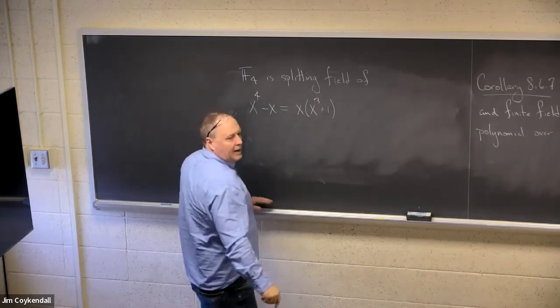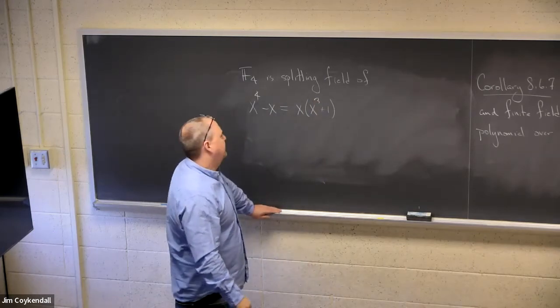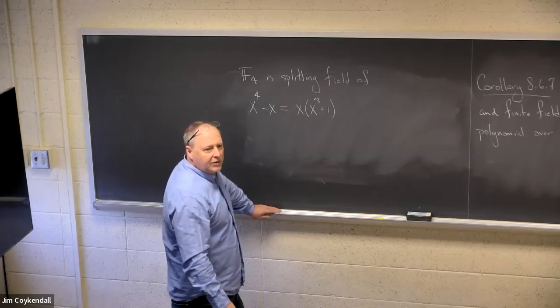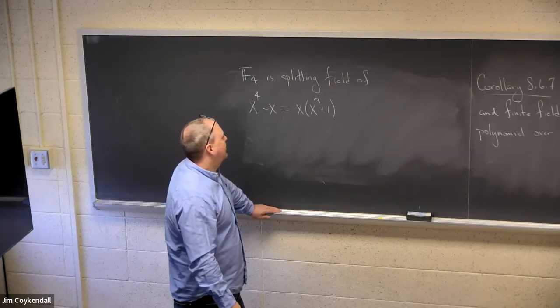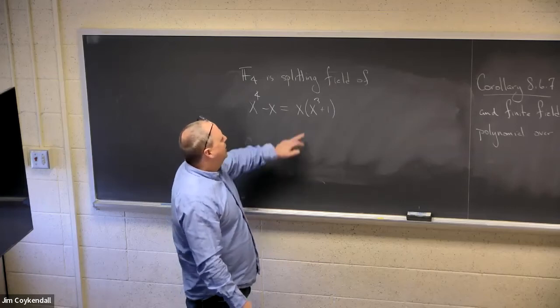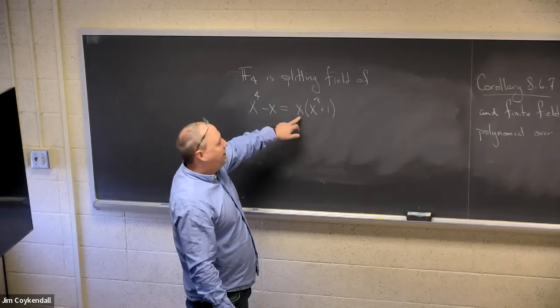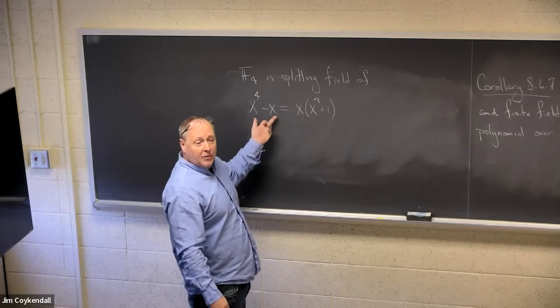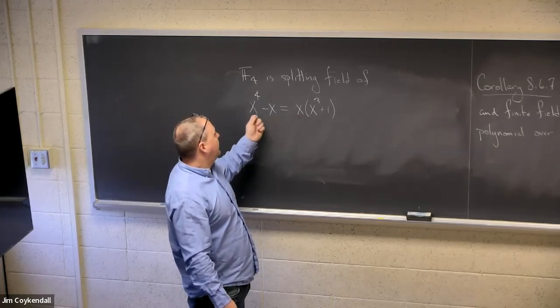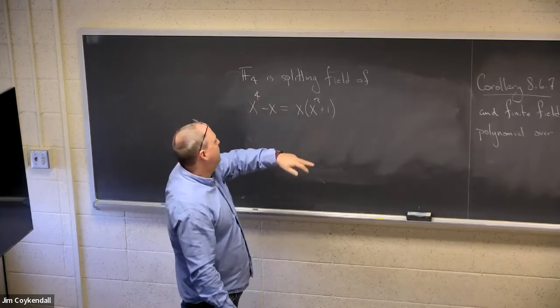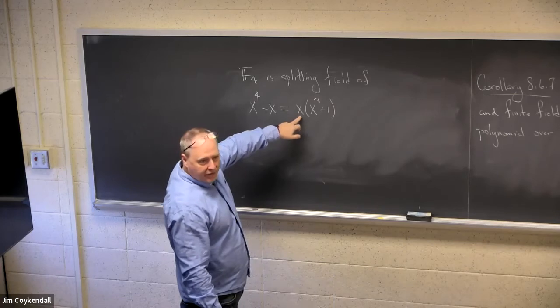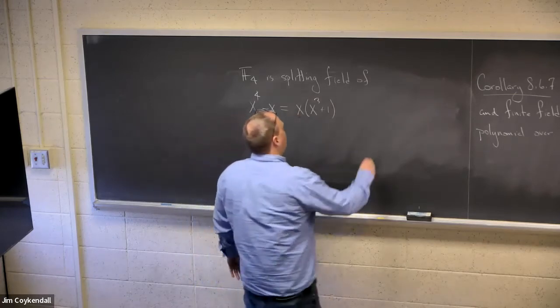And actually, I'm going to replace the minus with a plus, so I don't have to worry about it. Because remember, I'm in characteristic 2 for this example, so plus and minus, there's no distinction. Now, notice this piece. Notice by the proof of that previous theorem, this has to have 4 distinct roots, and it needs to be those here. Notice one of them is 0. This one has a root of 1, and notice